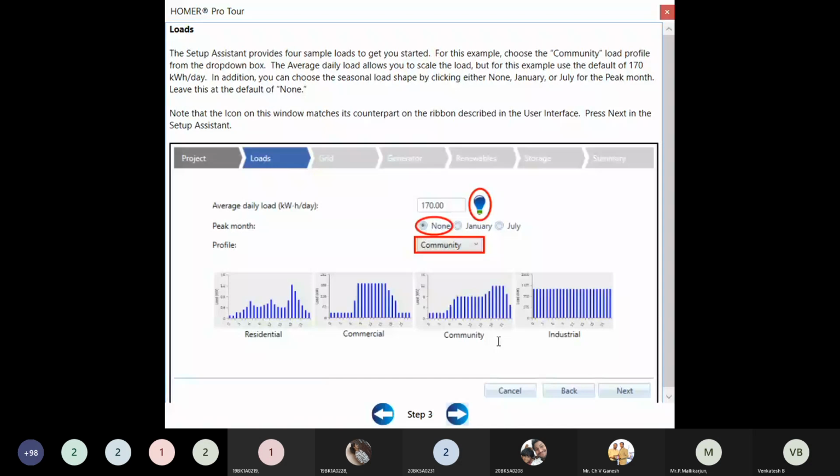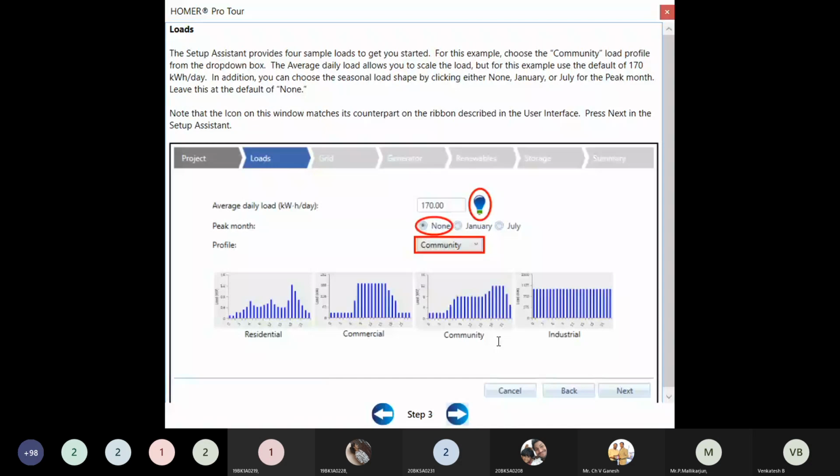Suppose when you are performing a simulation, the energy received per kilowatt hour, how much? Suppose you fix $0.15 or $0.1. That is your choice; you can fix according to your conditions. Every state has a different cost and follows different tariffs. Then the energy received from the grid can be 0.15, and according to that, you can fix.